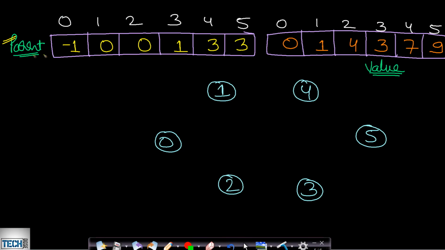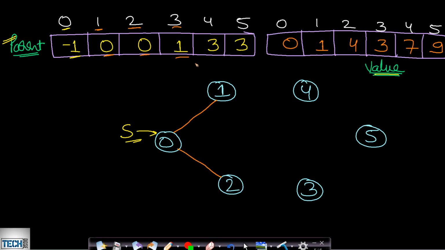Okay. Now let us see how to form the graph. Once we have calculated the parent array and also the value array, then we can easily form the graph because we know the vertices. So for 0, the parent value is -1, indicating that this is the source node. Now for node 1, the parent is 0. So there will be an edge from 0 to 1. So this is an undirected graph, so both ways it is true. Now for node 2, the parent is 0. So this will be drawn like this.